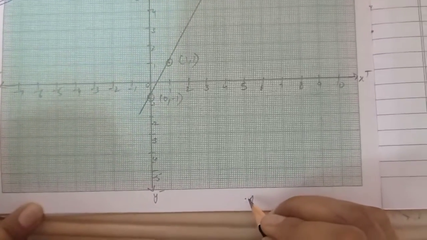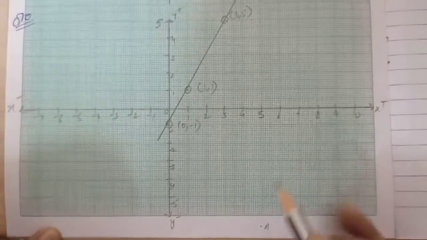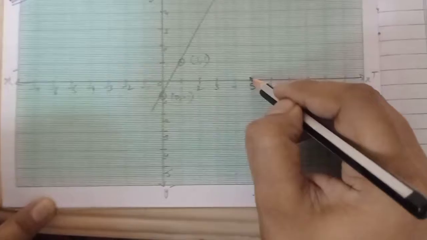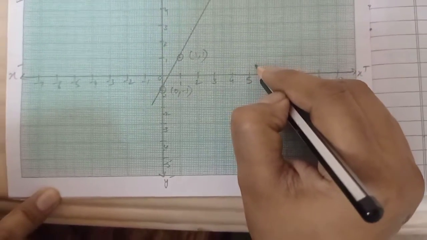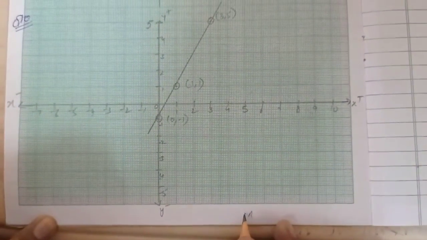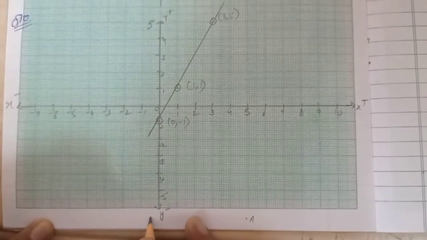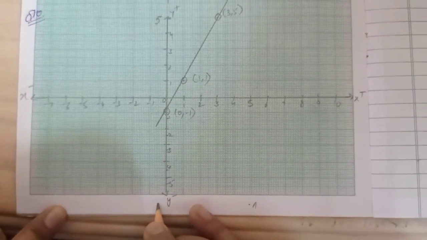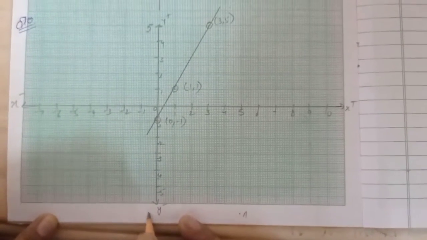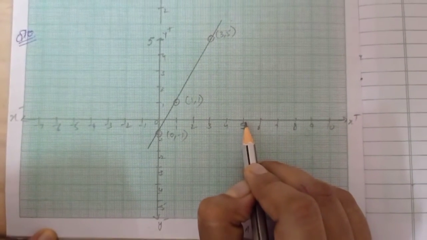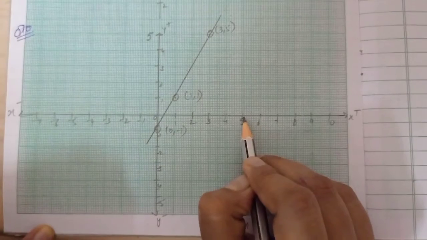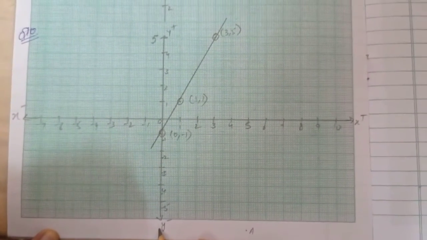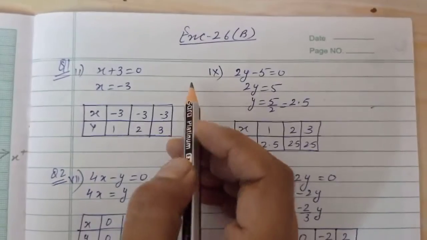After that, what you are given? Draw AM perpendicular to x-axis. From here you have to draw perpendicular on x-axis and mark that point as M. From the same point you have to draw perpendicular on y-axis also and mark the point as N. And then after you are asked to find the coordinates of M and N. Of M, y coordinate will be 0 because it will lie here. And of N, x coordinate will be 0 as it is lying on the y-axis.